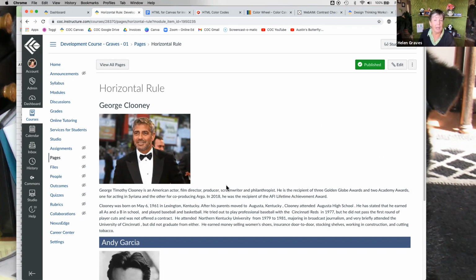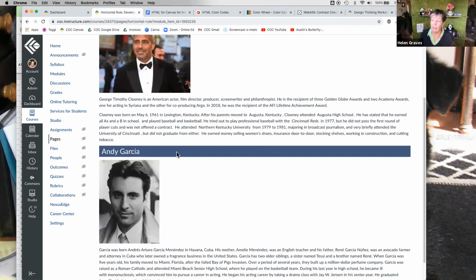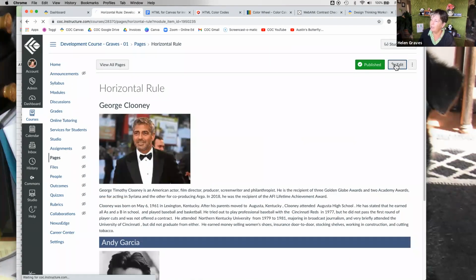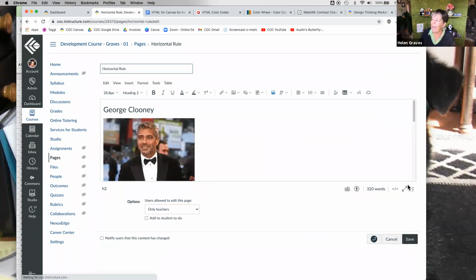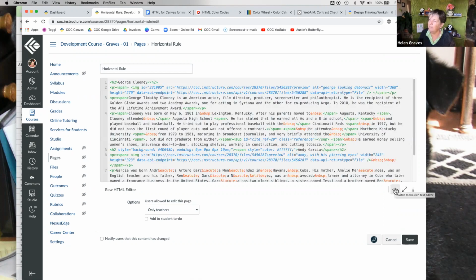So you can see on this page, I have a couple of images, and I've got that heading with the colored background. So I'm going to open up the rich content editor. And then I'm going to, down here below the edit field, toggle into the HTML editor. And you can see the little symbol is the open close tag symbols. And when I hover over it, it's probably too small for you to see, but on your screen, you'll see it says click for the HTML editor. So when I click that, it takes me into the HTML code.